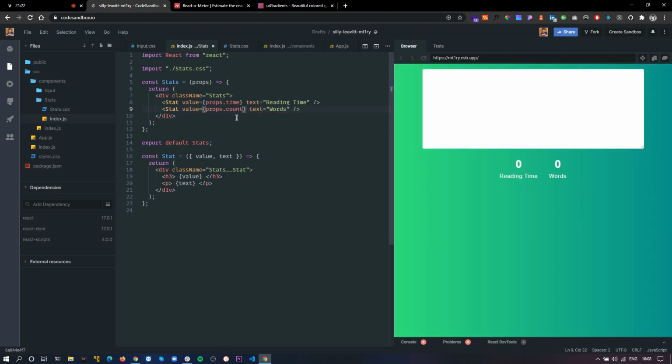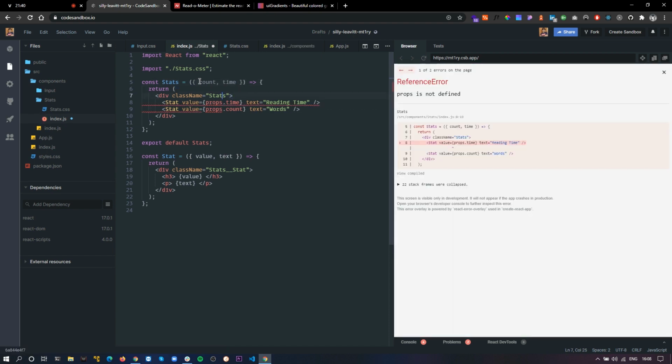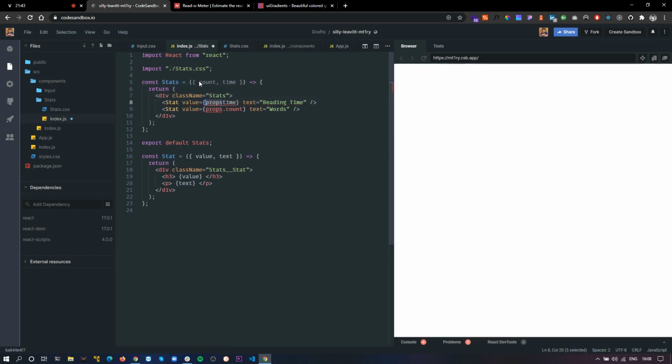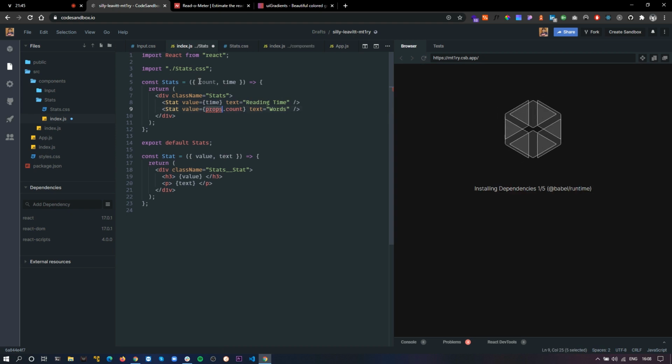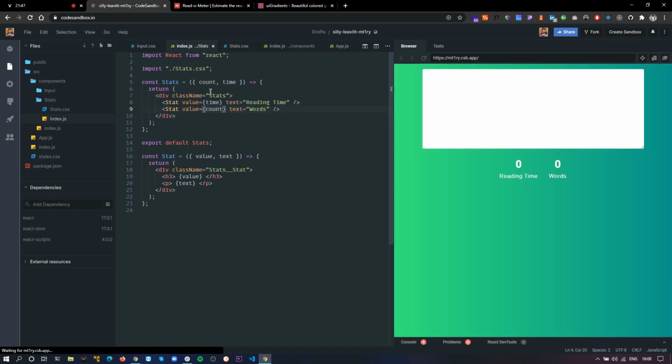But this looks a bit ugly because you have to do it every time, and maybe there are 6 or 7 props you're getting from the parent component, so you'll have to do this every time. So to avoid this, we can do this, and it works the same, but it looks a bit cleaner.